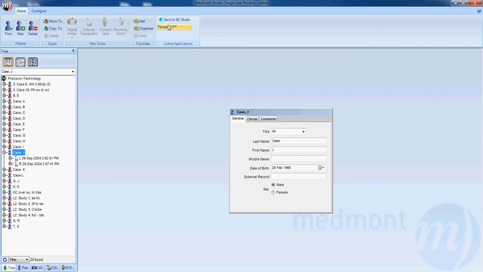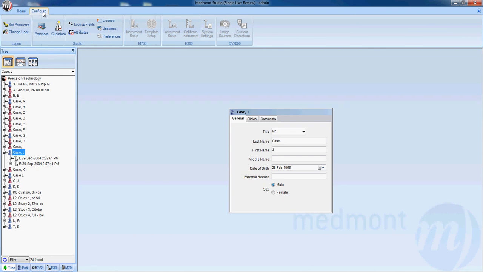You can link specific maps to third-party softwares. With the configure option, you can create specific records to relate your Medmont to both the practice and to patients, creating new fields specific to the patient. You can calibrate your instrument with this function. These functions are used very infrequently, generally set up in the beginning, and the only one you're going to refer to on a more routine basis might be the calibration, which should be done every 6 months,